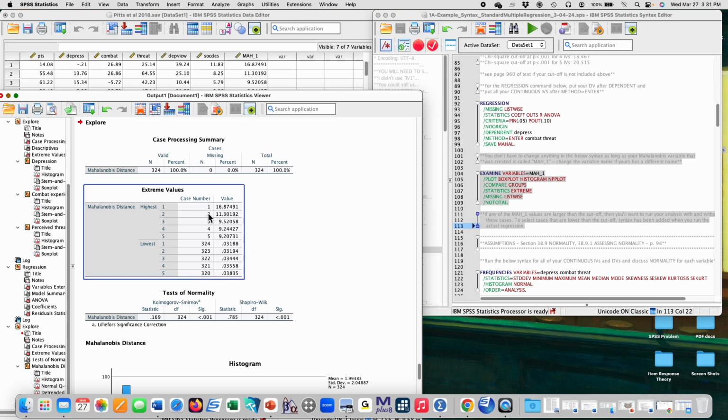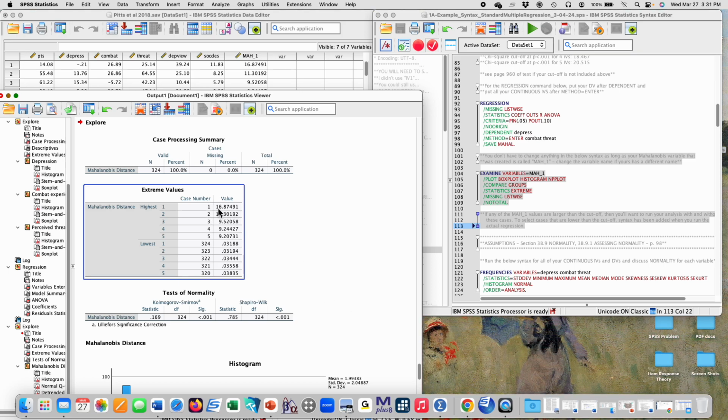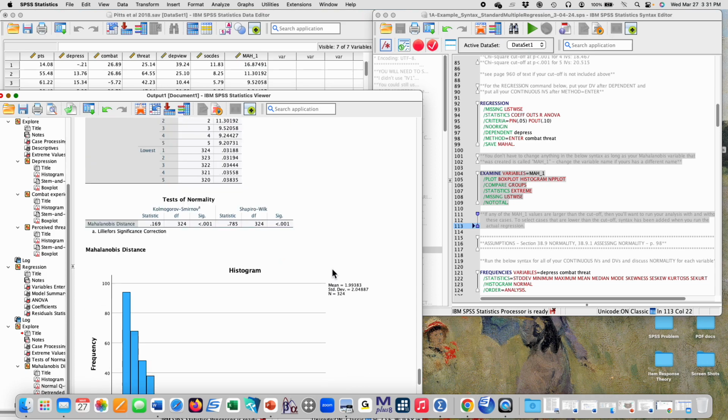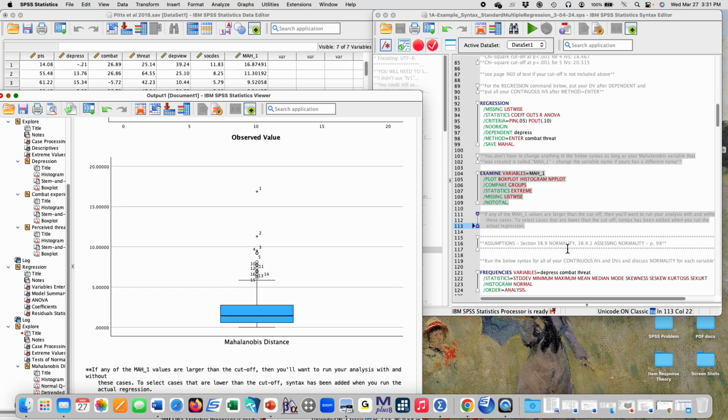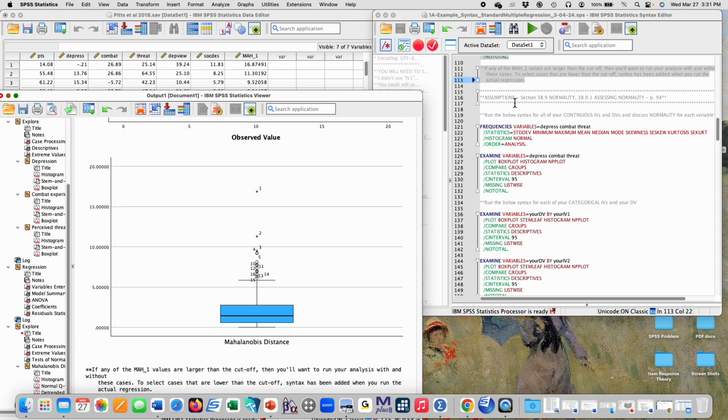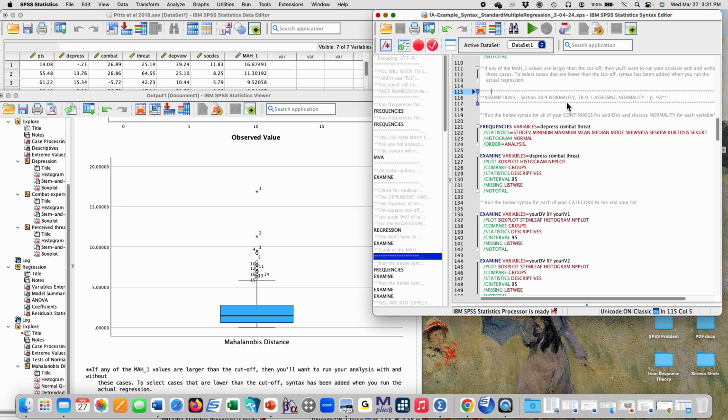And here I can see in my extreme values, this is all I care about. I have one case above the cutoff, and that's really all I'm interested in in all this output. That's the only thing I'm going to annotate. Okay, and now I go back to my syntax file